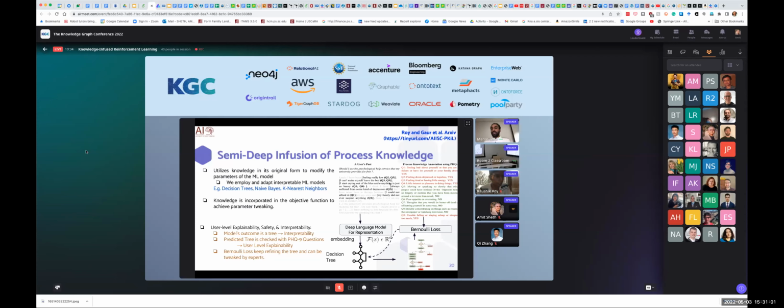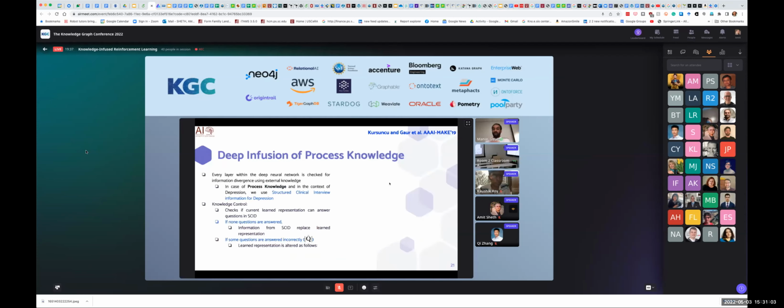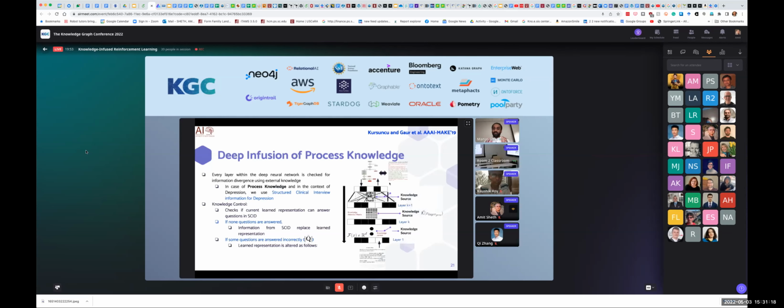The third form of knowledge infusion, so in today's talk, we will be focusing specifically on shallow infusion and semi-deep infusion. And deep infusion is what we are right now exercising and constructing, which talks about how, in a deep neural network, at every layer, we want to nudge how much of the representation. It looks like a phenomenon of probing, where at every layer we want to check how much of the learned representation is able to answer certain questions in the clinical